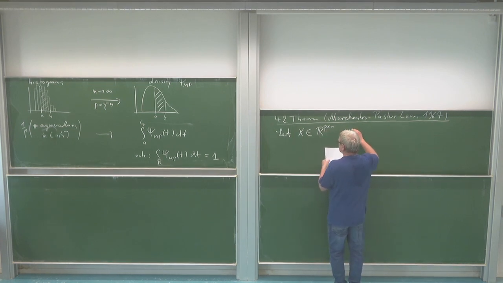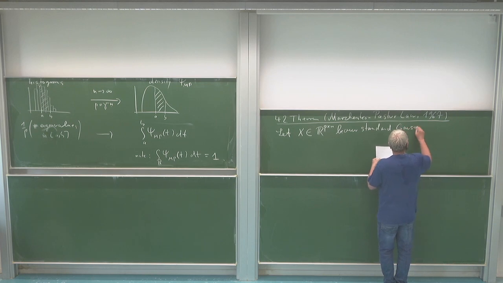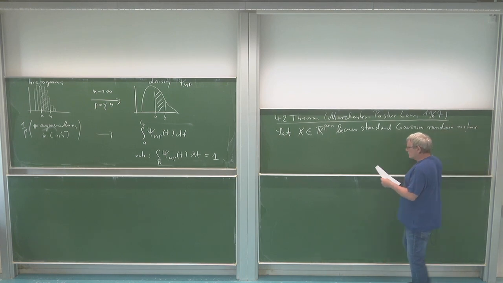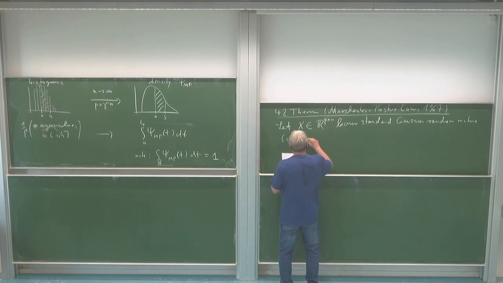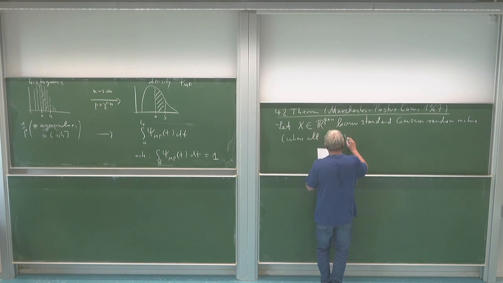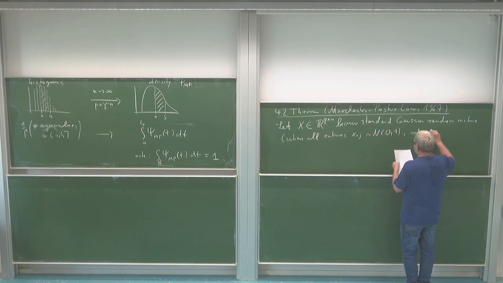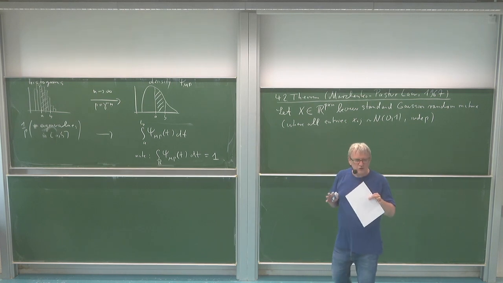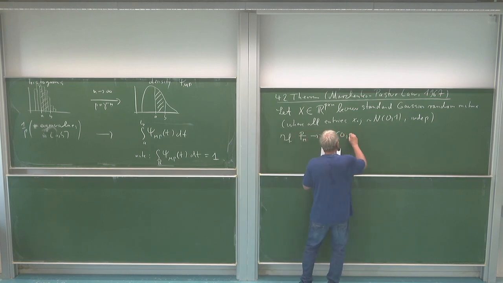Let this be our standard Gaussian random matrix of size p times n, where all the entries have the standard normal distribution, variance 1, and all independent. Let me write it down. So all entries x_ij of this matrix are standard normal, and they are of course independent. And then, if now p and n go to infinity, but in such a way that the ratio goes in the limit to a constant, which I call gamma. So if p over n goes to gamma, and gamma is a fixed number, and let me fix it in the interval